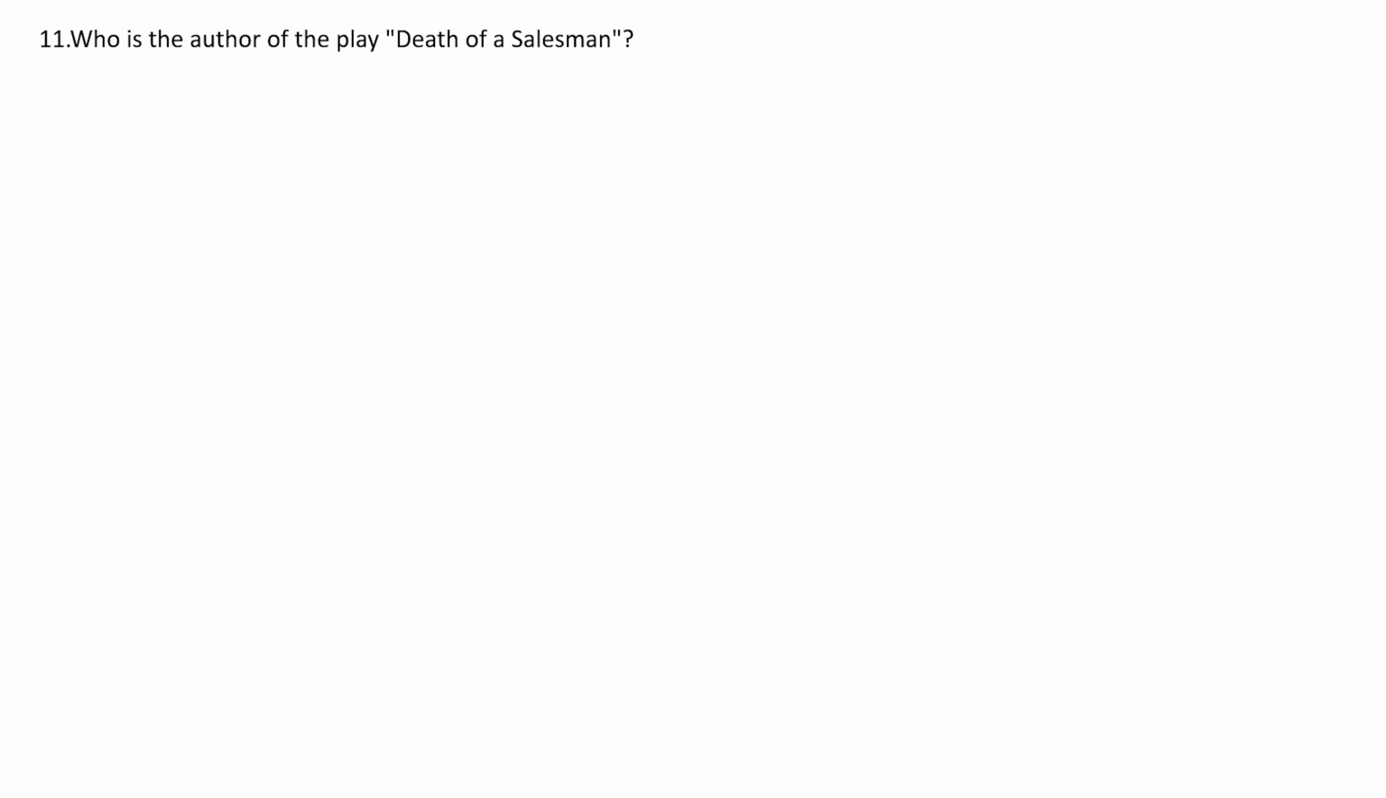Who is the author of the play Death of a Salesman? The options are option A, Arthur Miller, option B, Tennessee Williams, option C, Samuel Beckett, option D, Eugene O'Neill. And the correct answer is Arthur Miller. Death of a Salesman is a play written by Arthur Miller, and it was written in 1948